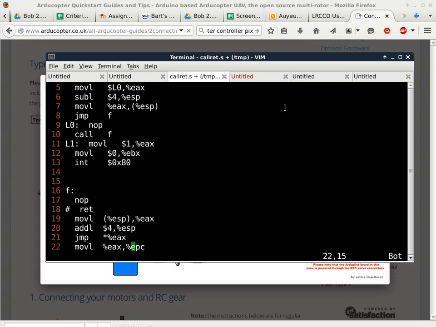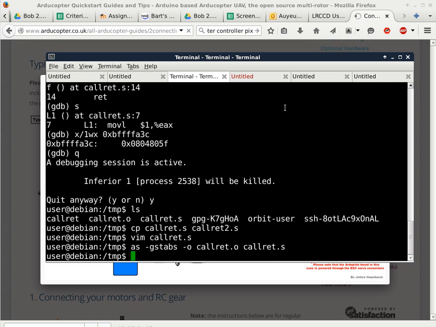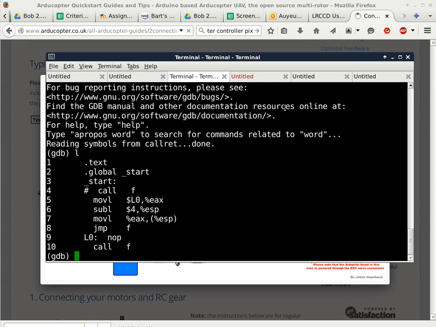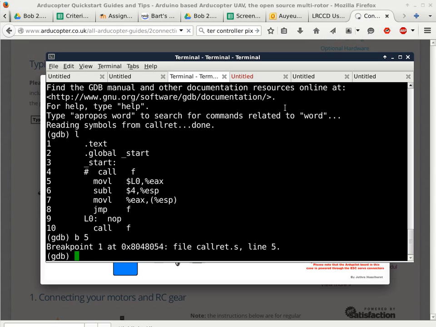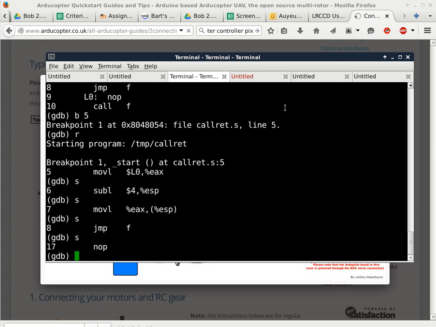Okay, so what we'll do is we'll test this program. gstabs -o call_return.o call_return.s, ld call_return.o, gdb call_return. Put a breakpoint on line 5, so we'll start from the very beginning again. Run the program, single step, single step, single step, and single step. Now we are in the subroutine F. Single step,